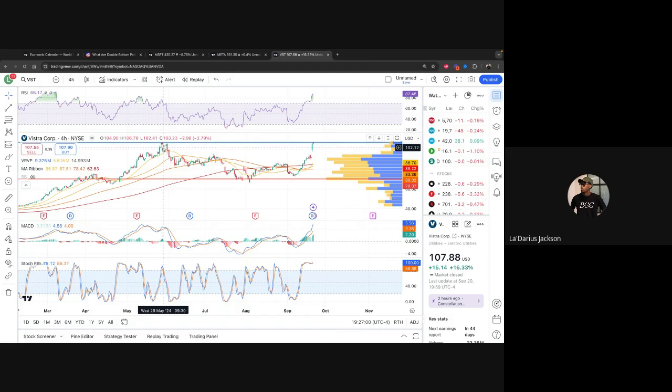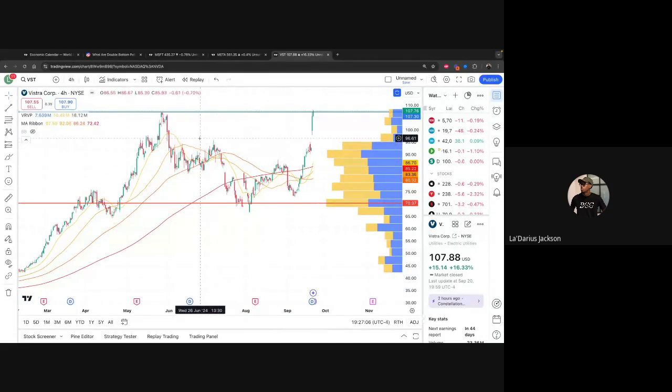resistance right here. You can see back in May, it ran hot. It tested, let me bring the chart up, 107, 108 back here in May, went down. It made an ugly inverted head and shoulders, but it did it, sending it right back up to 107 or 108. It looks like it's going to make all-time highs, but this 16% spike,